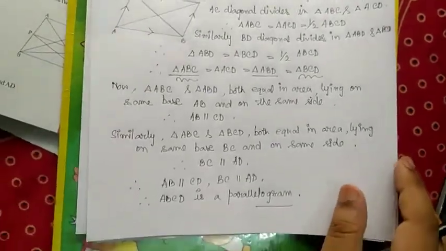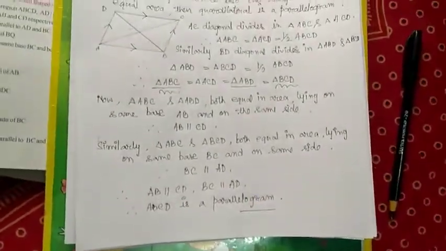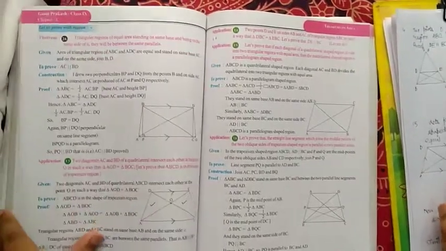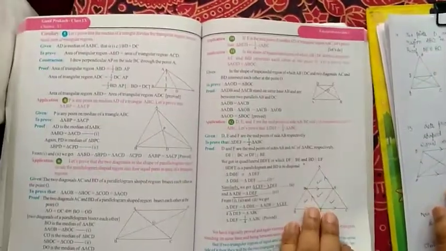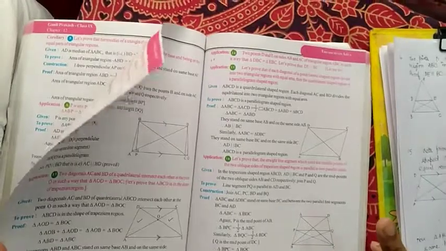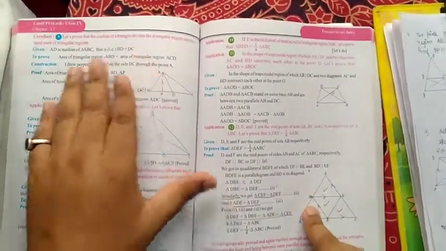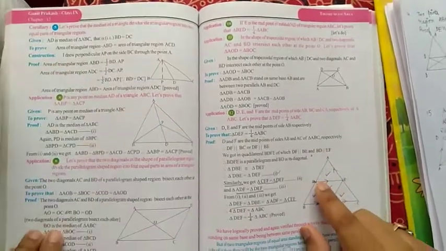Now all of you, what you will do next, from tomorrow I will start the chapter number 12, and previously you have to do all the theorems and the applications which I have done in these online classes. You have to copy that in your classwork copy with proper diagram and appropriate writing method. First of all, let's discuss one more thing. This application 12 is very important, and also application number 8 is very important.